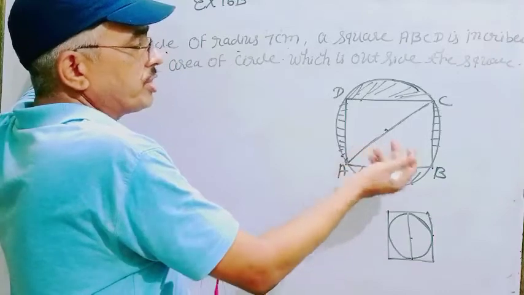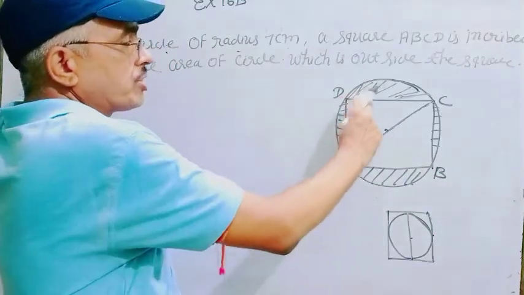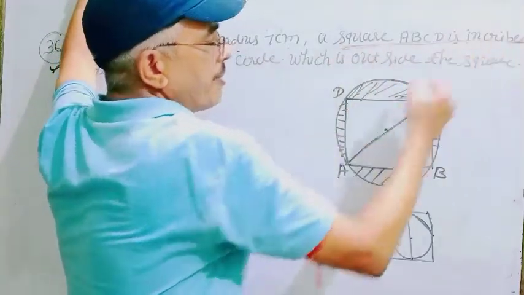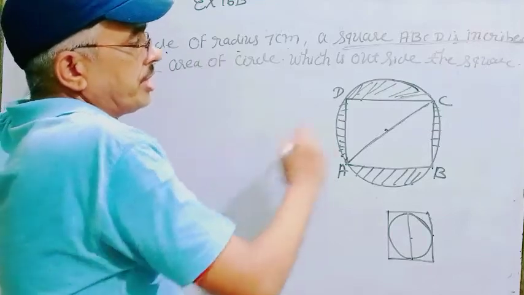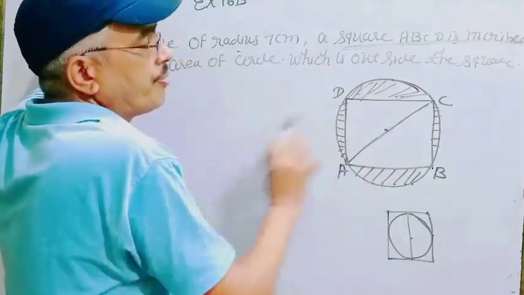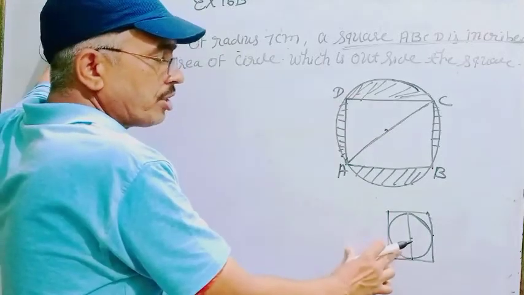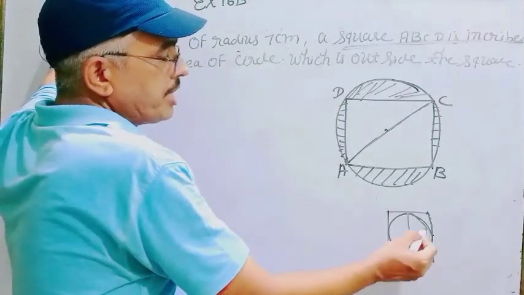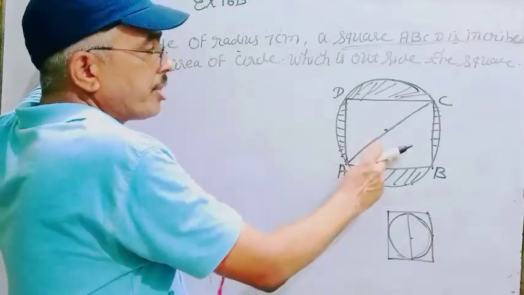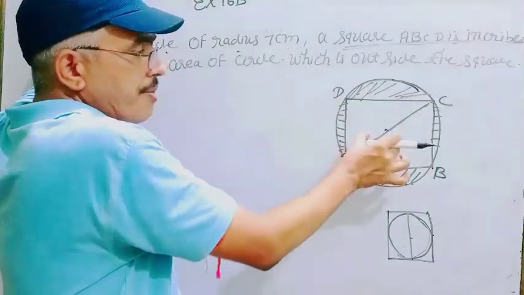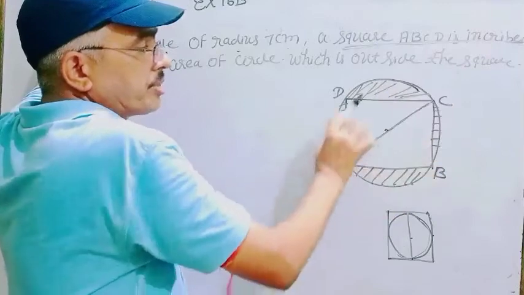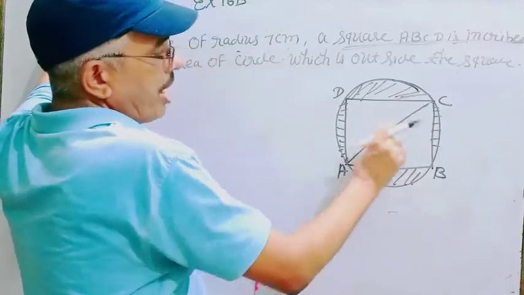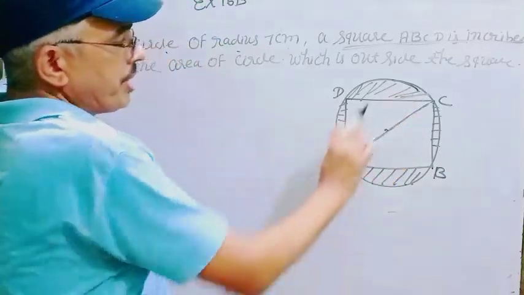When your question is just the opposite of it, that a square is inscribed in a circle, otherwise you can say the circle is circumscribed about a square, both are the same. Here there are two types of questions: a square is inscribed in a circle and a circle is circumscribed about a square. Your question is related to this. So in this question, the diagonal of a square is equal to the diameter of the circle.